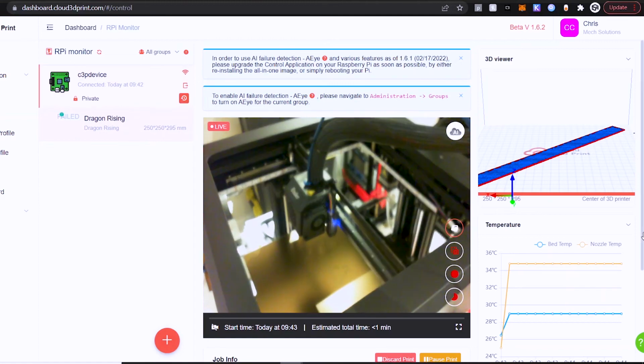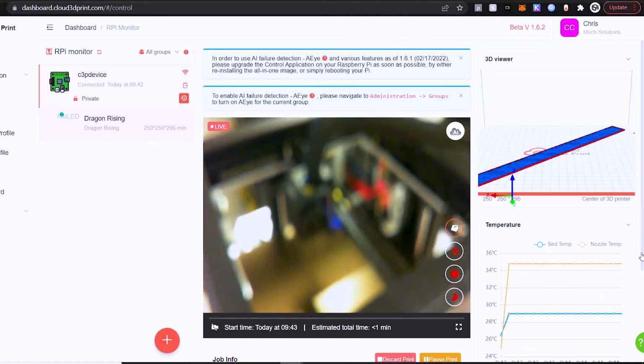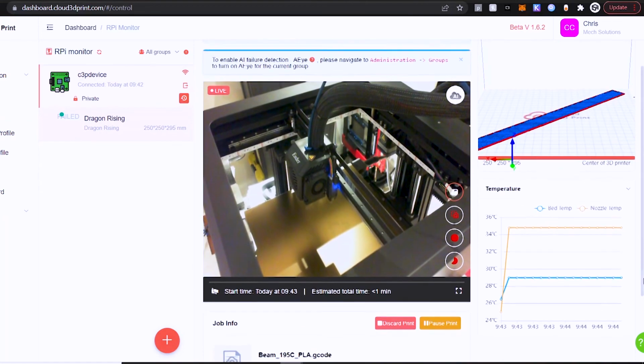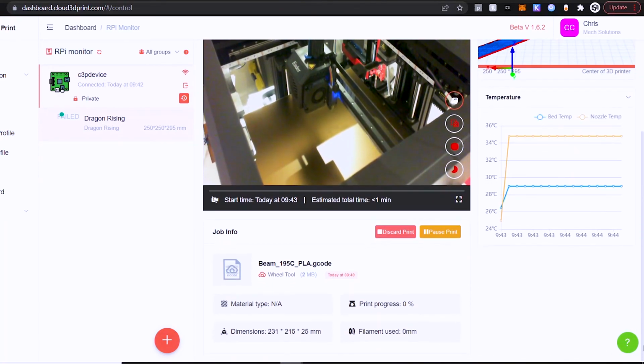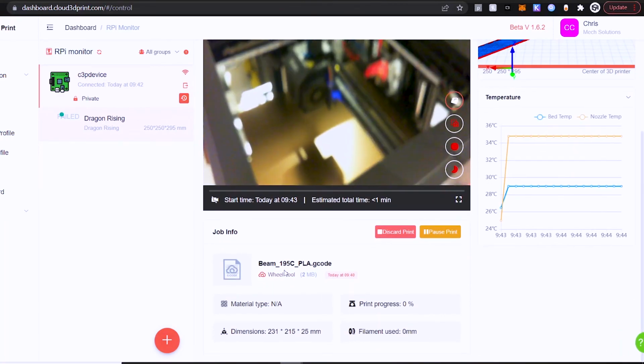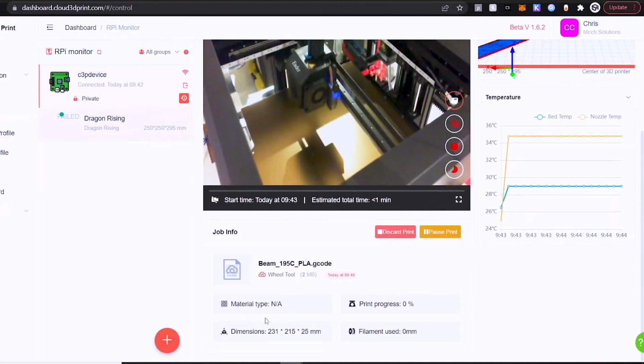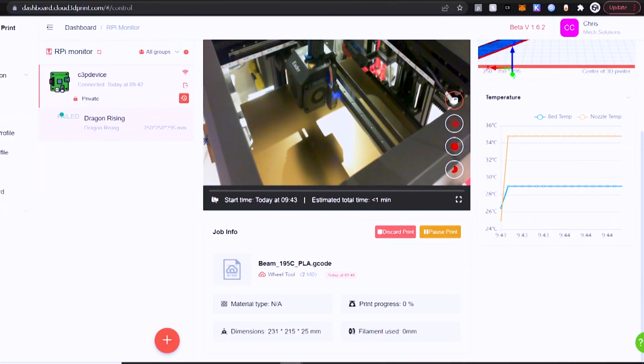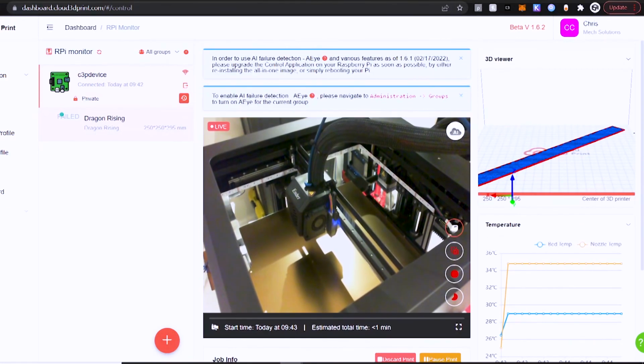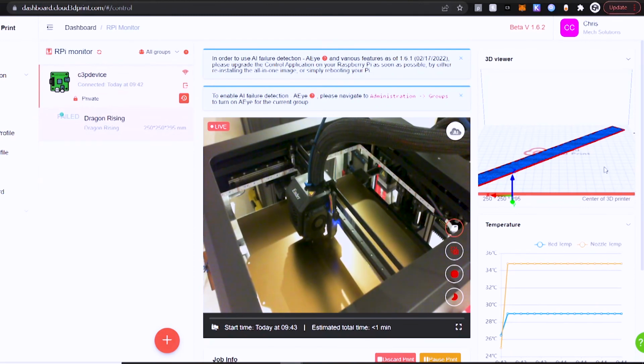So the print is going to start, and what you'll also notice are options in there for recording videos, taking screenshots, as well as time lapses. All of those files can be saved right within Cloud 3D Print on the cloud service and associated with that project. Within the rest of the monitoring window, you can see things like the 3D viewer, which shows you a